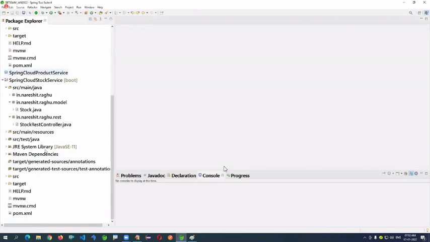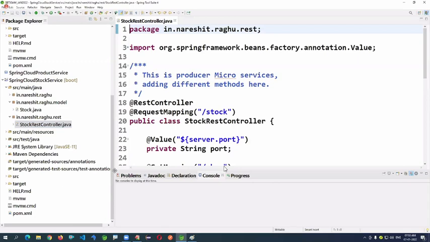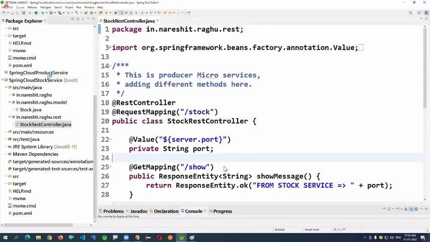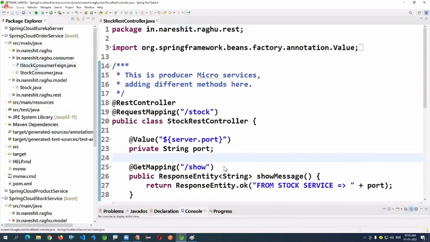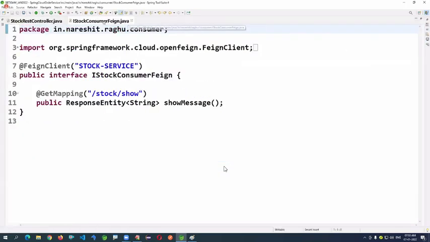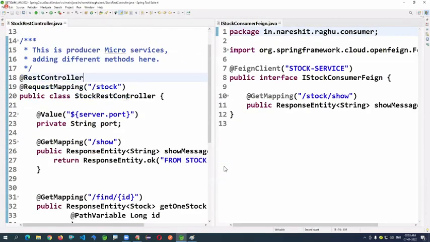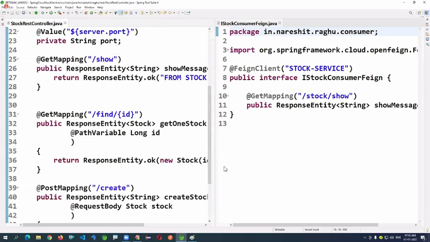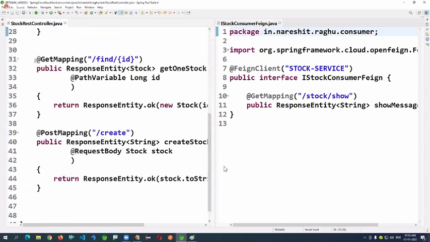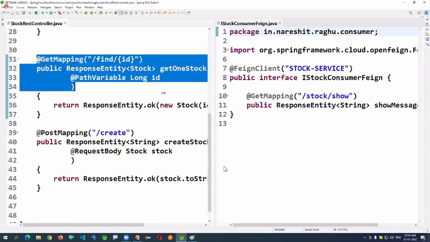I am opening the REST controller here, and the consumer here. This is already done. Look at how I'm doing it: copy the method.